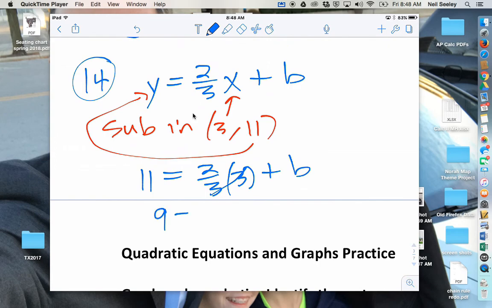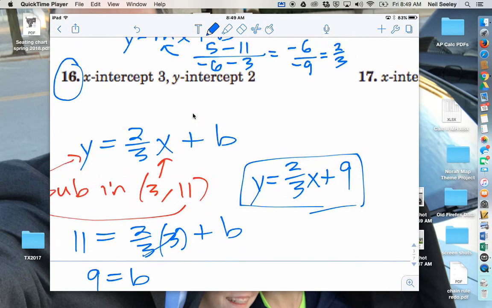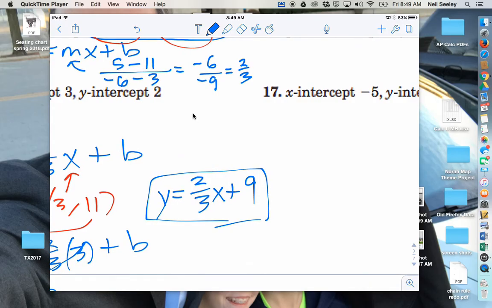2, you get 9 is b. So this is not the end of it. You want to put it all together as y equals 2/3 x plus 9 and go, ta-da, there's my number 14. The number 16, maybe I'll do 17 because I've got a little more room for it, but those are